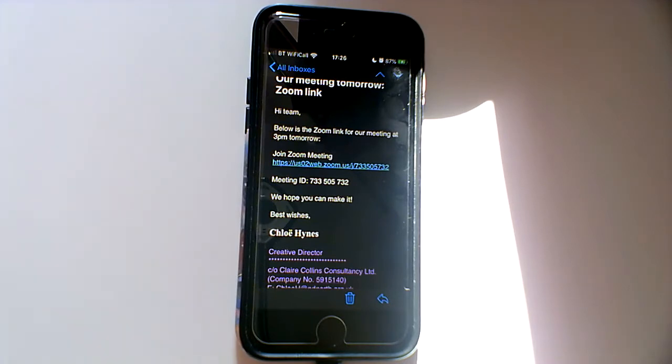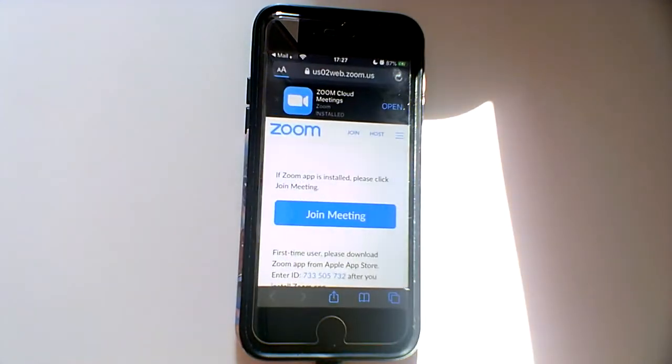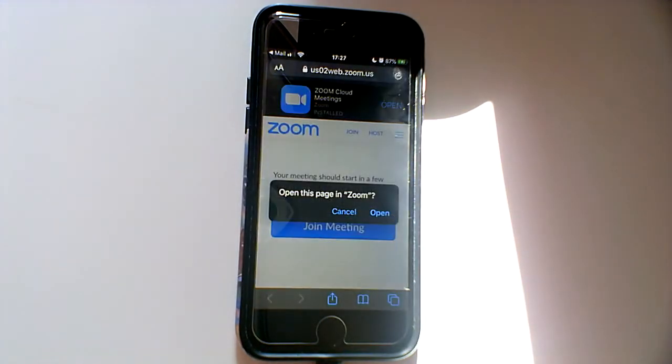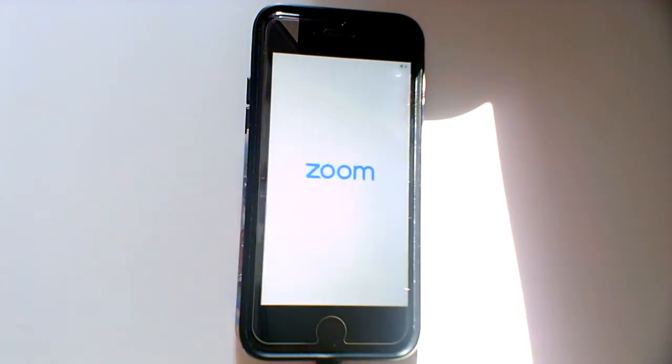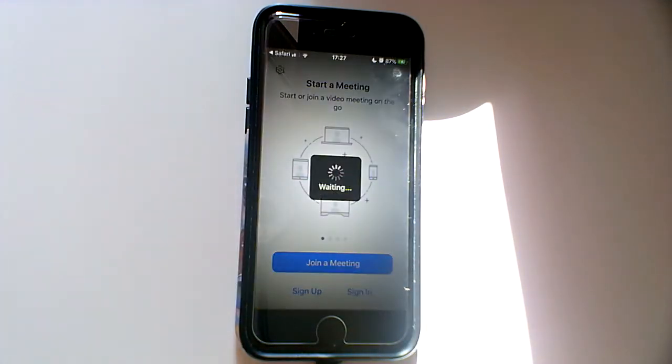You can join directly through the app with the meeting ID, or you can join through the URL. I'm going to show you how to join through the URL. So if I click on the URL, it's going to ask me if I want to open this page in Zoom. If I hadn't already downloaded Zoom, it would tell me to go and download it first, and it would show me how to do that. If I click open, there we are, it's opening